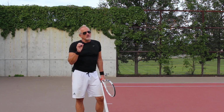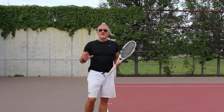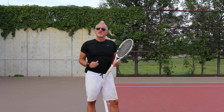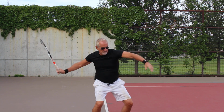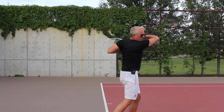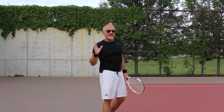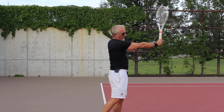So the next time that you're out there, try this out. Now the timing has to be right. This is for advanced players only. But you want to allow the racket to release as a product of the momentum of the swing. Okay? So it's going to basically look like this. Boom. Here. Boom. Here. Boom. Now, even though that looks like I'm keeping my racket here,